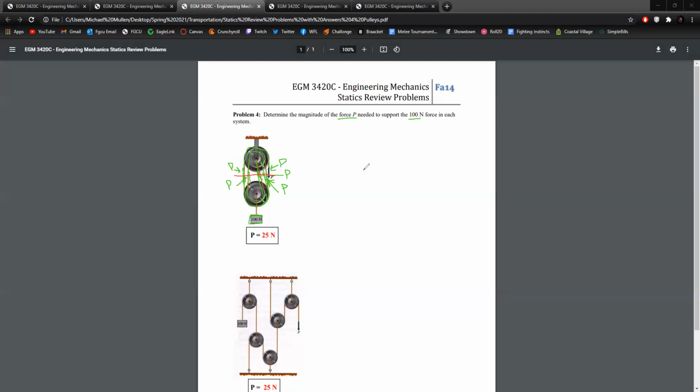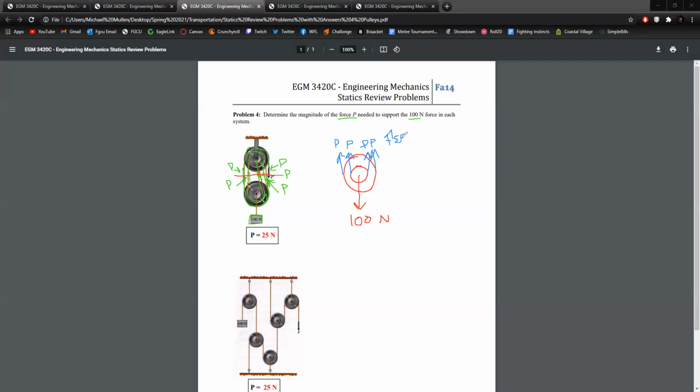the cut. So when we cut this, and we say we just have this pulley right here with the 100, we're going to have P, P, P, and P. All of these are P. So now that we have this, and we know that they're all P by doing the tracing that I showed here, we know that these are all P,